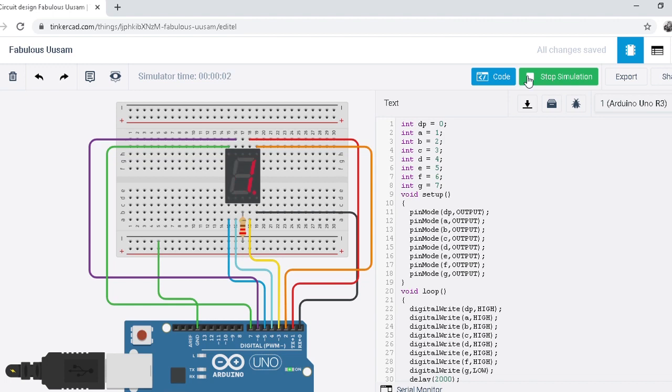As you can see, it's 0, 1, 2, 3, 4, 5, 6, 7, 8 and 9. And again it repeats the program again and again, because this is the main program and I put all this program in a loop, so that is why it's repeating again and again, and these are the codes.